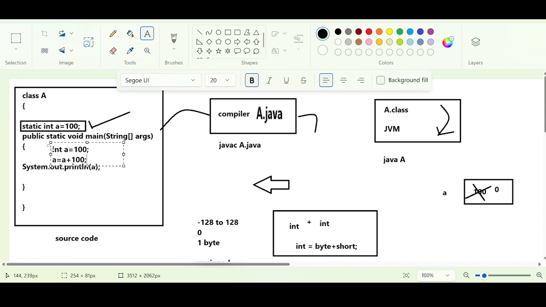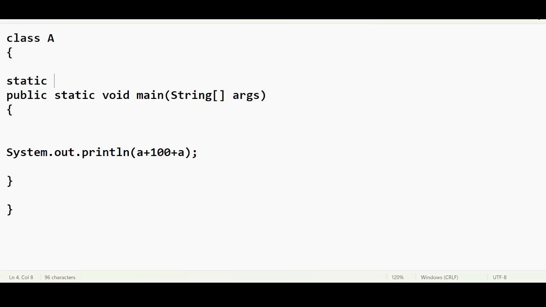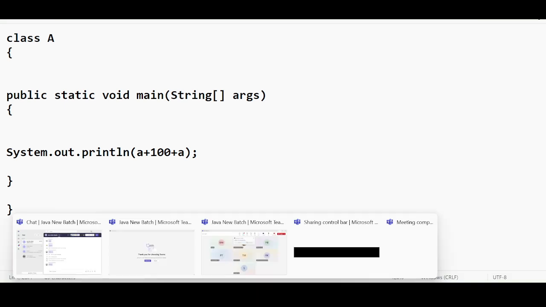You can do this inside the method, but outside the method within the class, you cannot do that. That rule is not applicable outside the method. I'm not supposed to introduce that, but I thought some people might know Java already. That's why I introduced it. Any questions for me? If you don't have any questions, you can